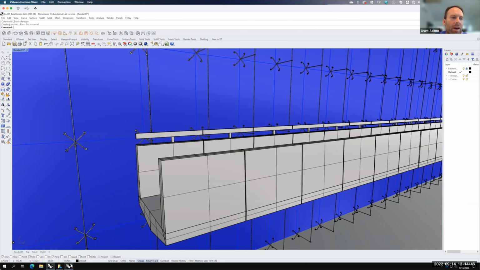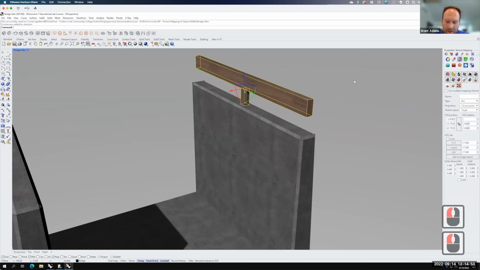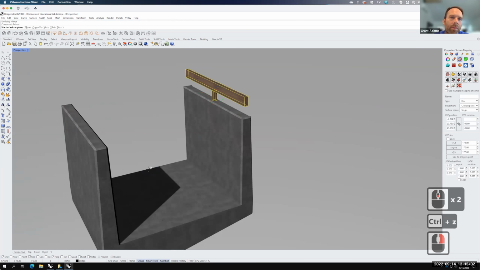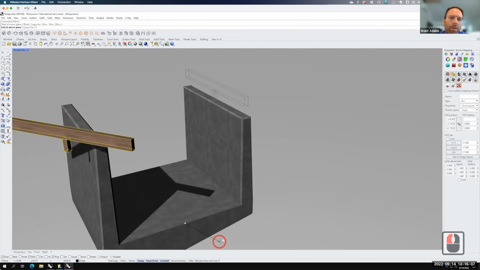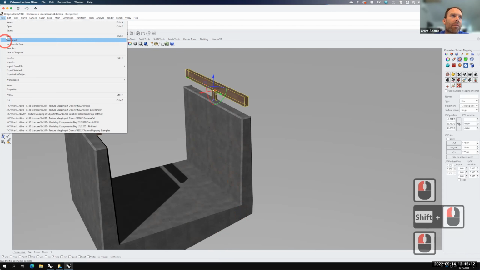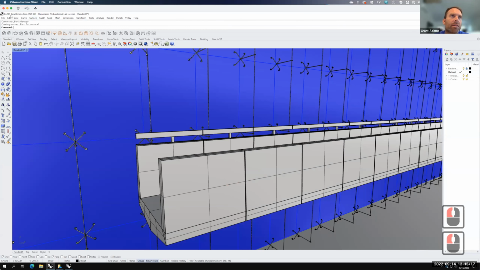If I wanted it to be on the other side, I could come back and take this wooden rail. We could copy it or mirror it better, so that it was on this side over here. Oops. It would help if I did it correctly. Let's try that one more time. There it is. Then I could save it again, File, Save. Come back to this piece, Edit, Blocks, Block Manager,